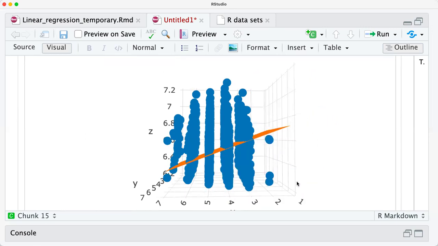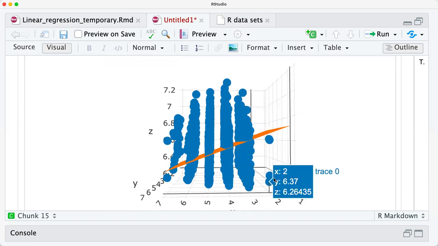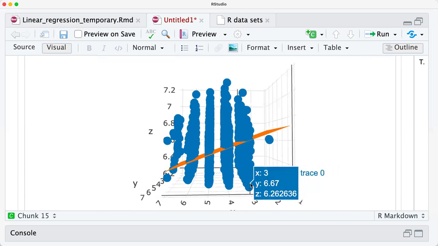The slope looks more or less like a minus, but it goes from